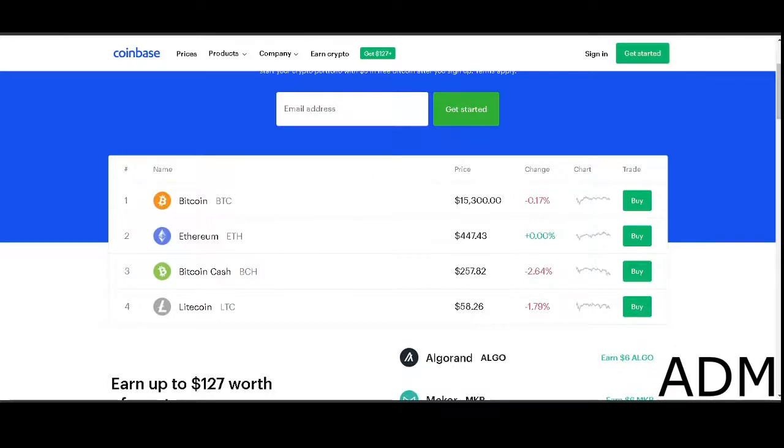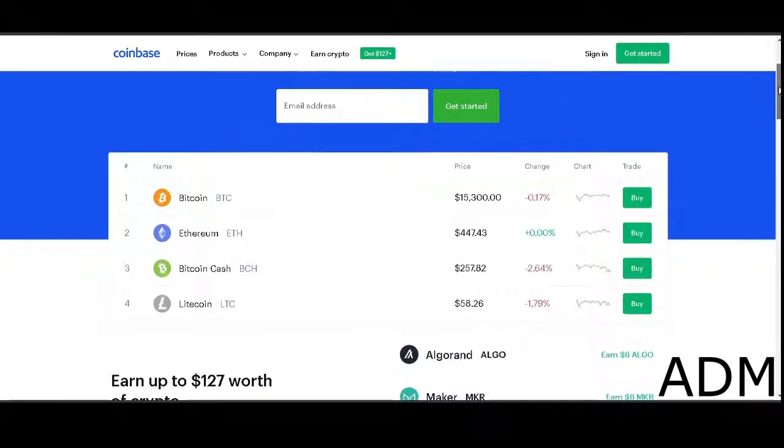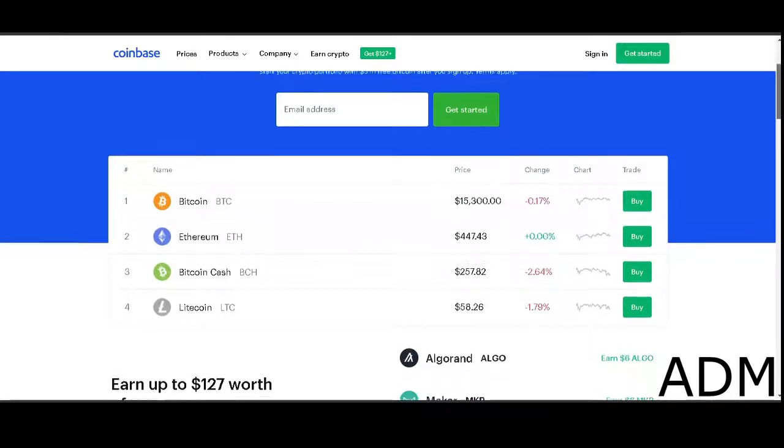So once you make your money from Meme Factory, you come over here onto Coinbase, and this is where you make your money. You click on get started, and then you trade your Ethereum for dollars, and you get your money converted to dollars, which you can then withdraw. You can withdraw at an ATM or via PayPal, or however you would like to use your money. Now, if you're not using dollars, or you're using a different currency, you can do that as well. They will exchange your Ethereum to any currency in the world. So this is how you make your money from simply creating memes.